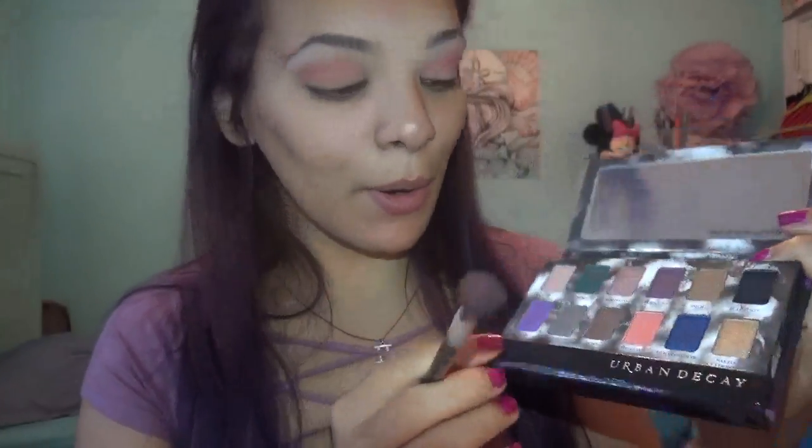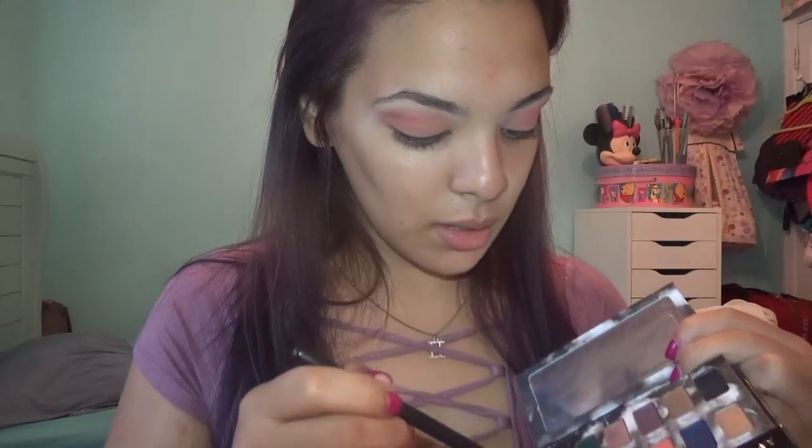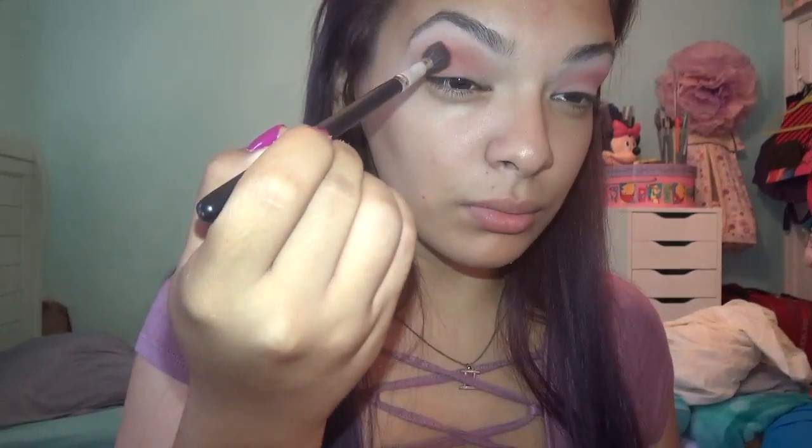And I'm gonna use this purple right here. I know it's shiny, but when you put it on, it's not shimmery. So